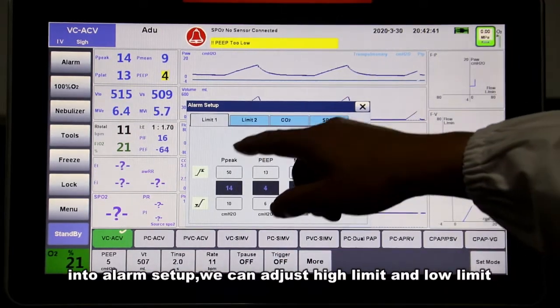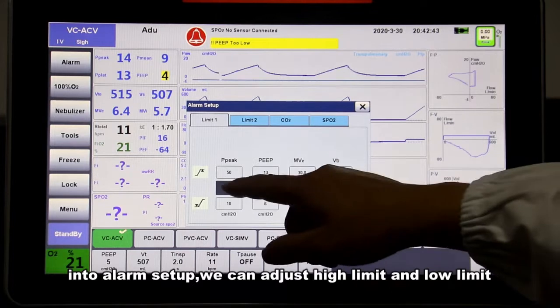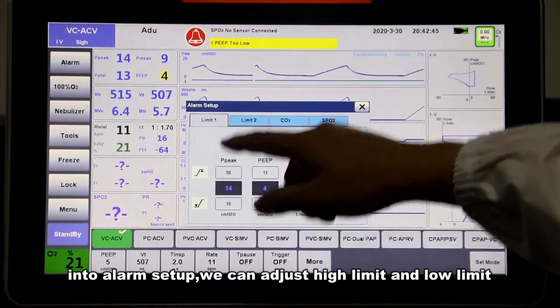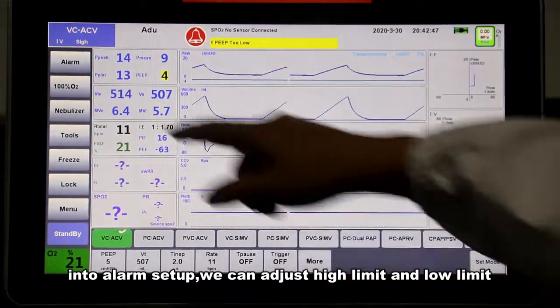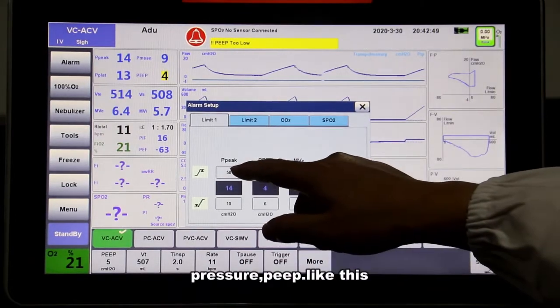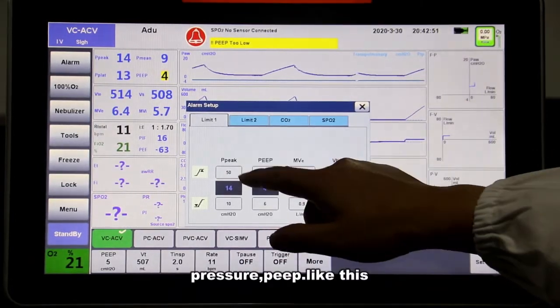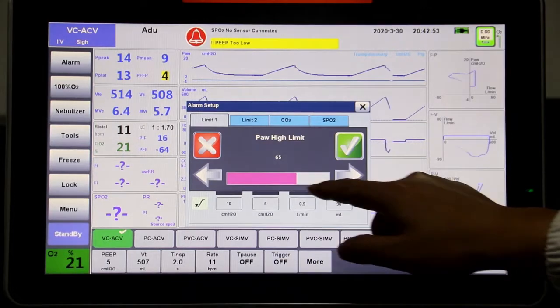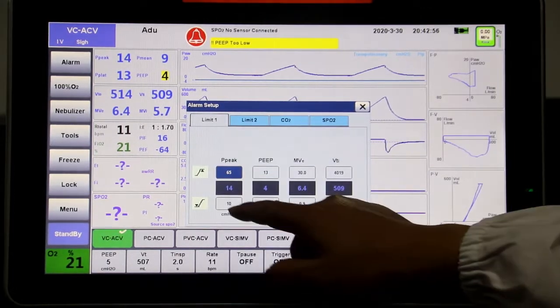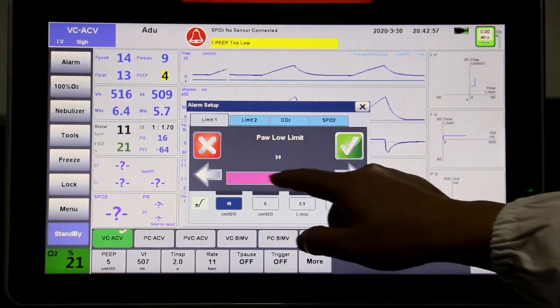In alarm setup, we can adjust the high limit and low limit of the peak pressure. Yeah, like this. Low.